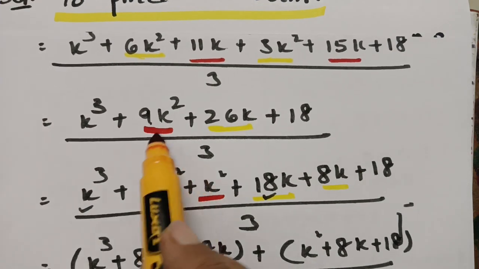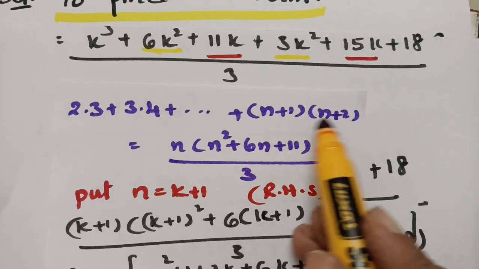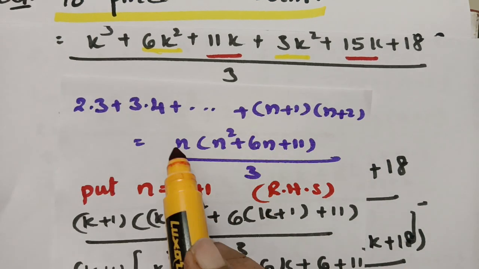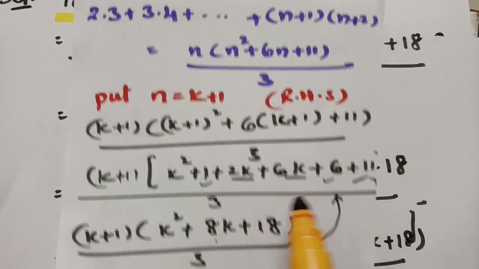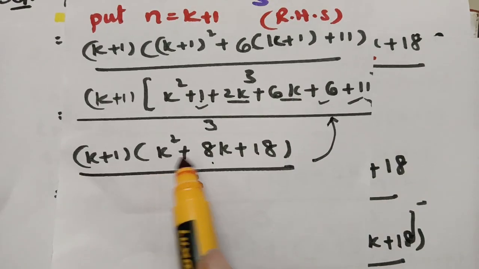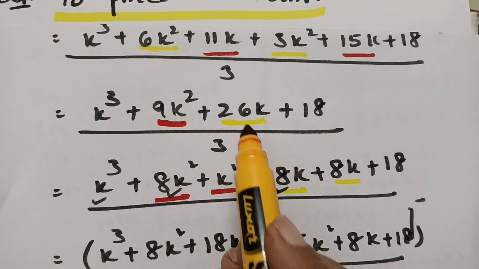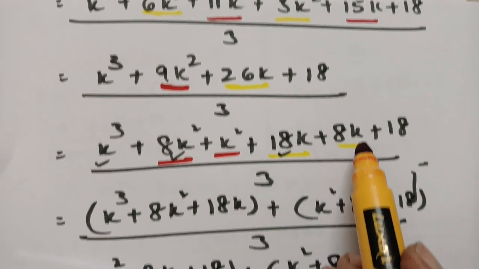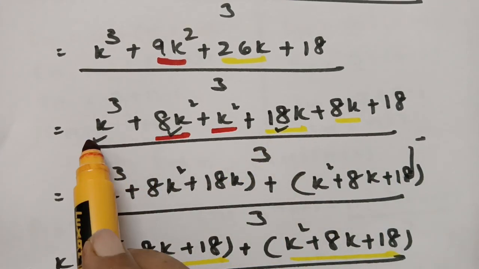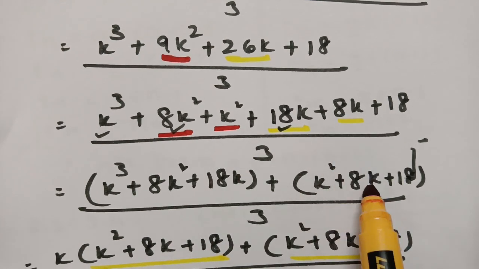If you go through this video, here I've taken the small step as this one. So here this is the nth term, so this is the RHS part. In this, if I keep k plus 1, make it as a rough work here, these are the steps here. So I got k square plus 8k plus 18. So the 9 is split into 8 plus 1 and 26 can be split into 18k plus 18. So I have 18 here, therefore I have split this 26 as 18k plus 18 here, and therefore these three terms are taken together,